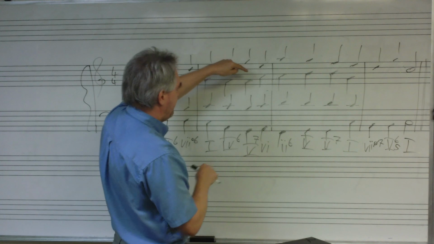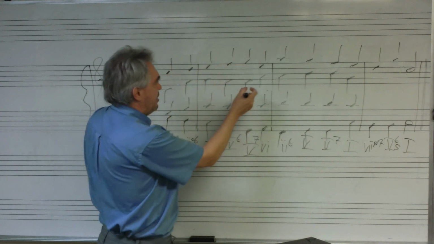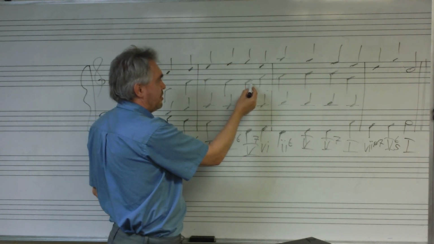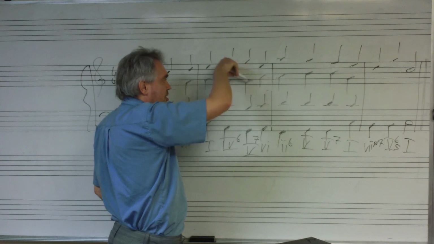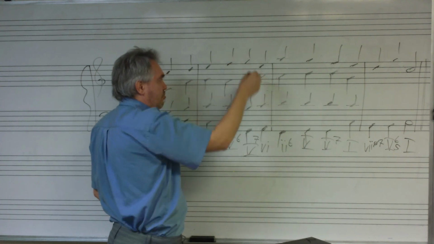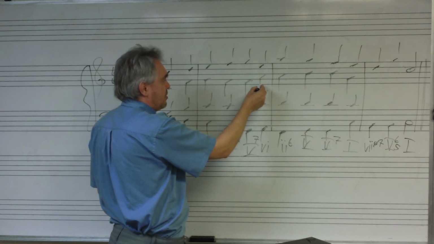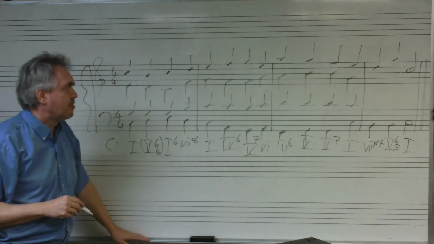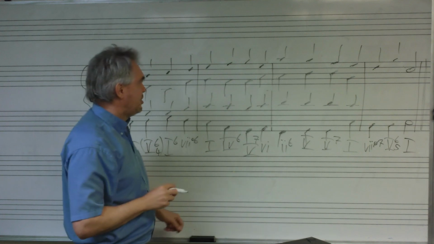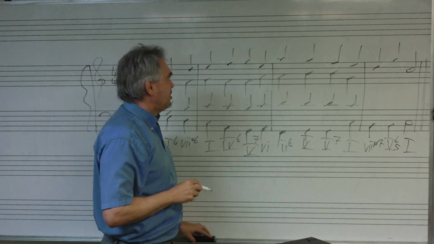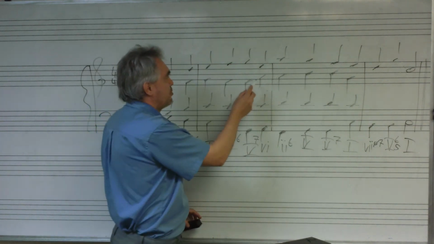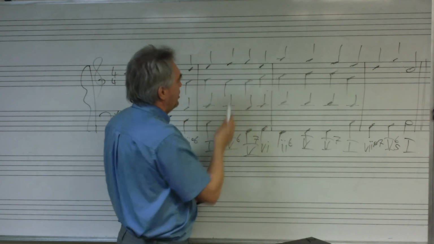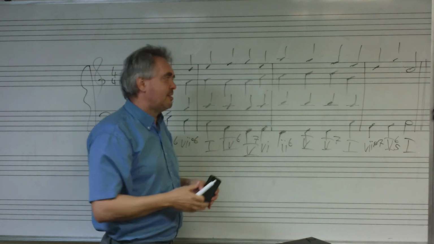But here's the seventh, and F was the seventh of the chord. That was actually the reason why we wrote the E down here, because we needed to resolve the seventh down by step. So we can get rid of the parallels by writing this up, but then we don't resolve the seventh, so we